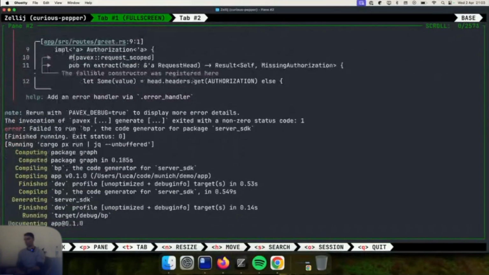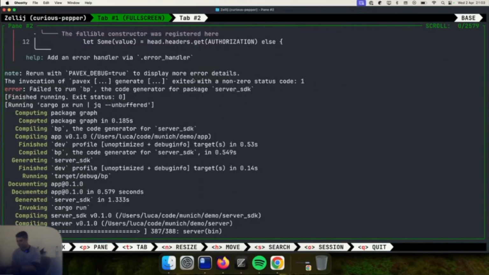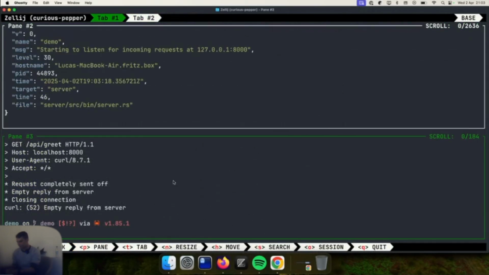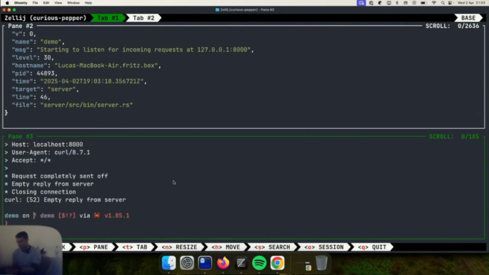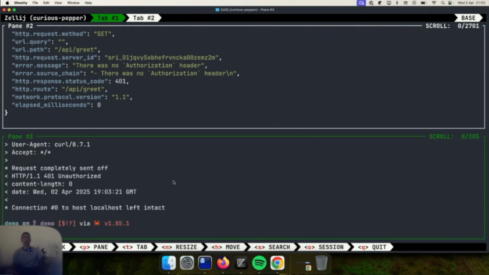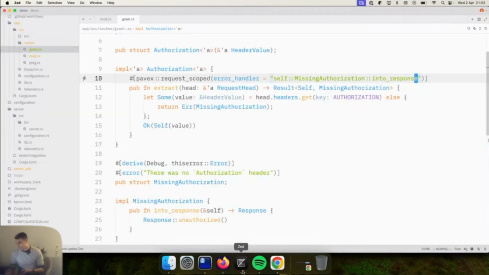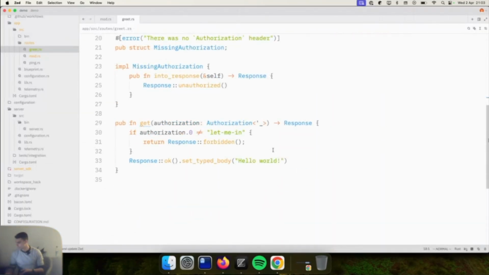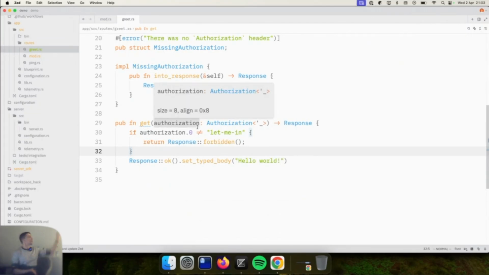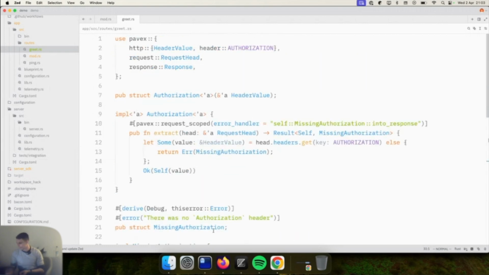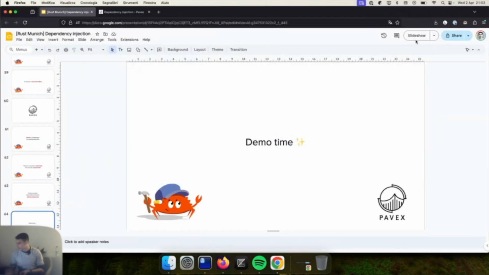So this is going to recompile. A bunch of things are going to happen. Now it runs. And if I don't pass authorization, I correctly get a 401. So the error handler is being picked up and invoked, as required. Lovely. Now, we could go further. We could extract this authorization out, take that check into middleware, and make this nice and tidy. But I realize I'm way over time already, so I'm going to stop right here and go back to these